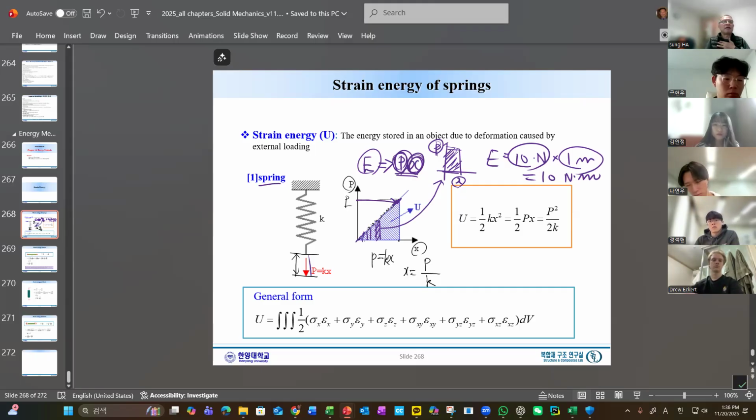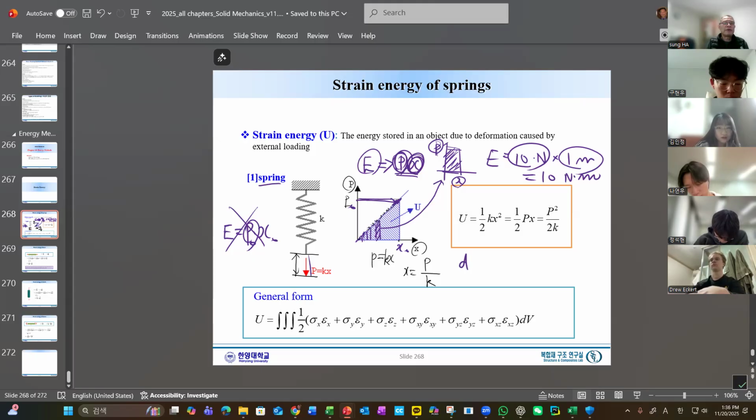So if we say the energy equals P times X, that will be wrong, right? Wrong. Because again, the P is not the final status. What we mean by P0 times X0 is not the P0 times X0. This is obvious, but I just like to emphasize. The reason is that P0 is gradually increased from zero to there. So